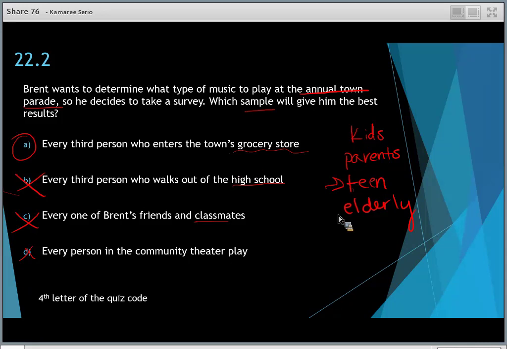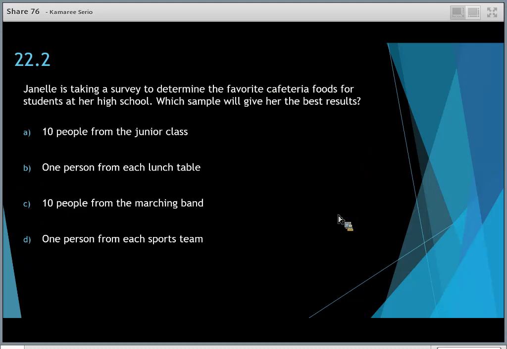The fourth letter of the quiz code is P as in pink. P as in pink. All right, next question says that Janelle is taking a survey to determine the favorite cafeteria food